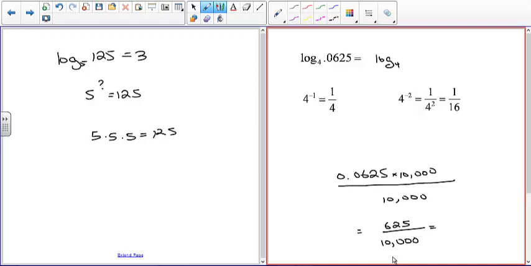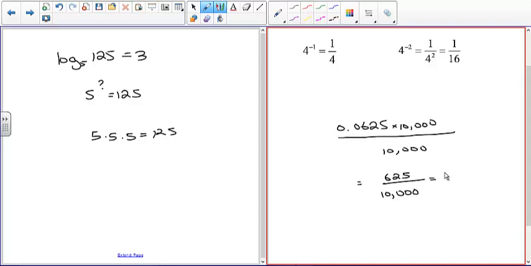So you could divide by 5. You can see that they end in either a 0 or 5. So if you divide both by 5, you would get 125. 625 divided by 5 is 125. 10,000 divided by 5 is 2,000. So again, you can divide by 5 again. You get 25 over 400. So 125 divided by 5 is 25. 2,000 divided by 5 is 400. You can still divide by 5, so you get 5, and 400 divided by 5